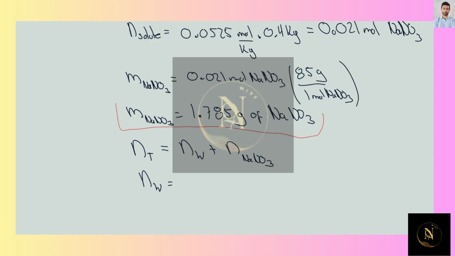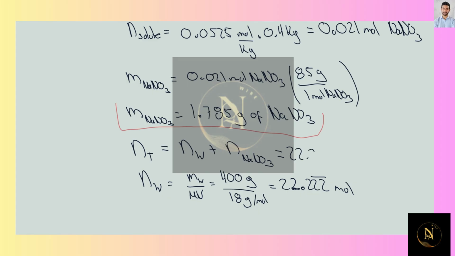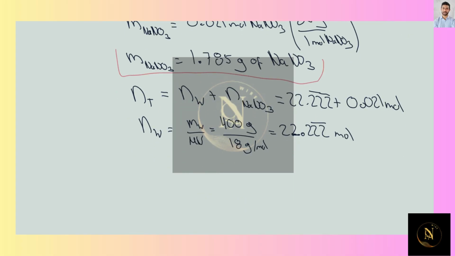The amount of mole of water is going to be equal to the mass of water divided by the molecular weight of water, which corresponds to 400 grams divided by 18 grams per mole, giving us 22.2222 periodic moles. So the total amount of mole is going to be equal to this number, 22.22 periodic, plus the amount of mole that we had of sodium nitrate, which was 0.021 mole. The total amount of mole is equal to